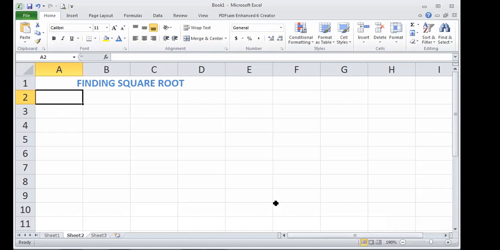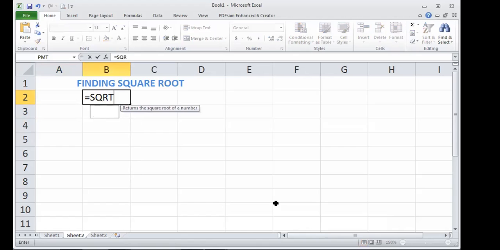Type equals, here we are writing in cell B2, equals SQRT. See, it automatically appeared in our Excel sheet. The function is available in Excel. Then open the round bracket. It will show that you have to keep the number in this bracket.